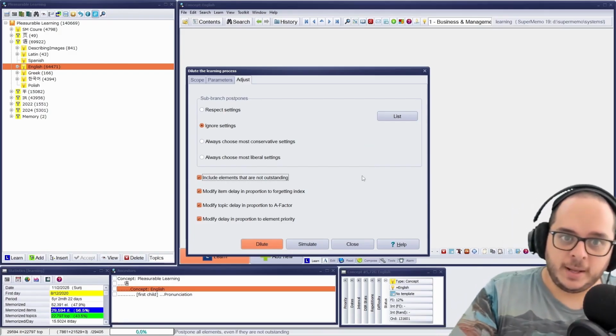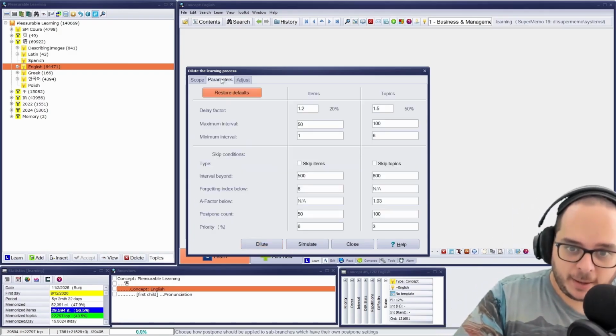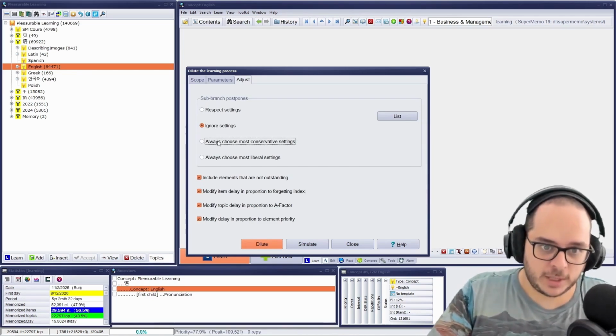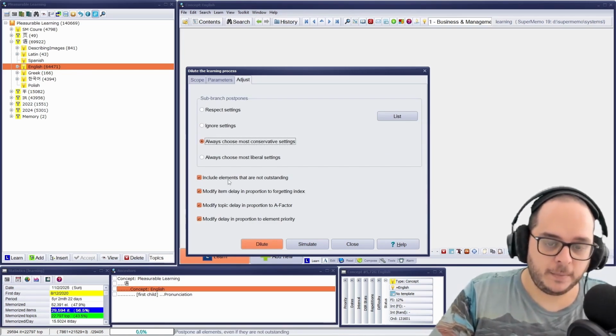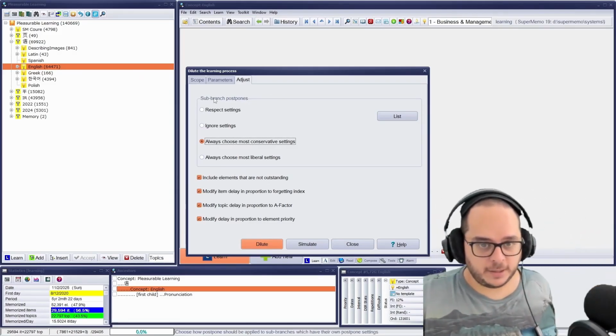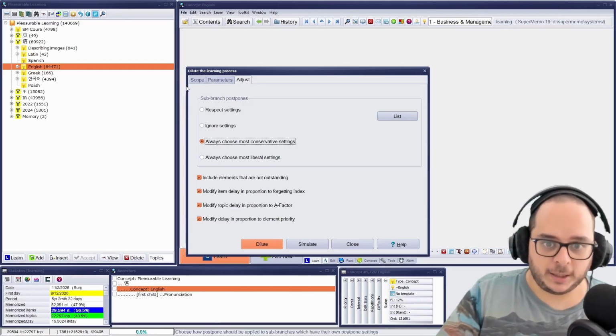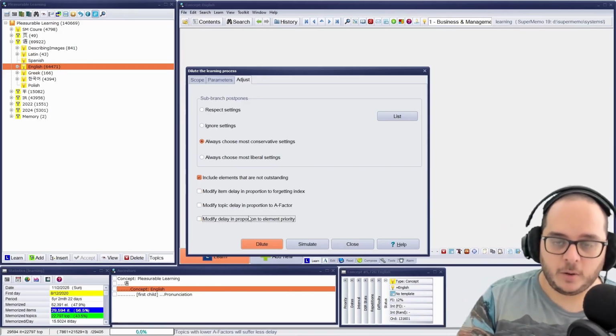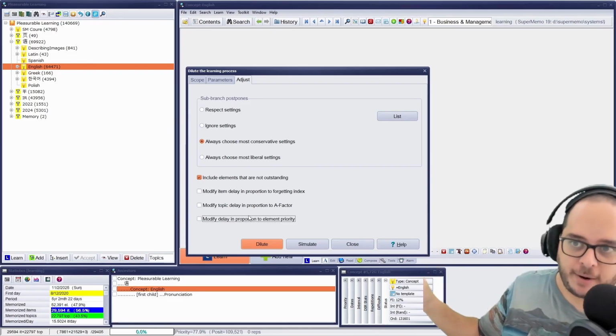But remember, this is bound to the parameters, meaning that if instead of ignoring, I do the more conservative, this is not necessarily kept. Because if one of the children sub-branches has a setting that is more liberal, and this is not checked, what happens now? Mastery track.